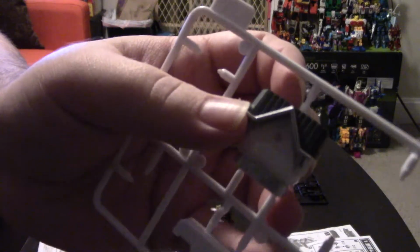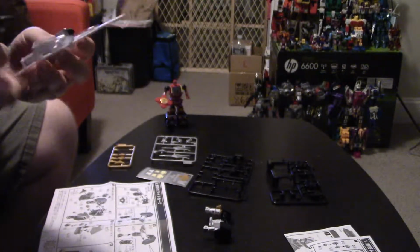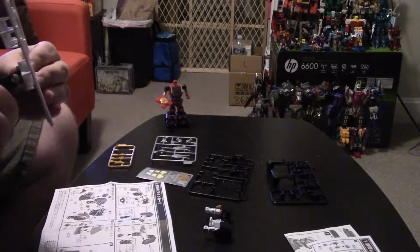And there's some painted black and silver on there, not unlike Red Sarter. So finish